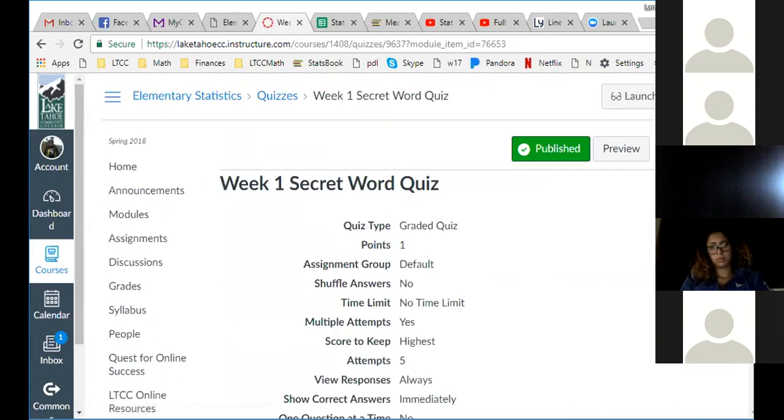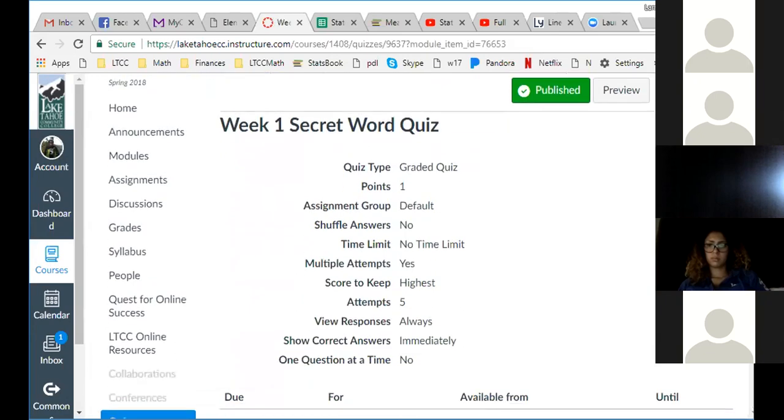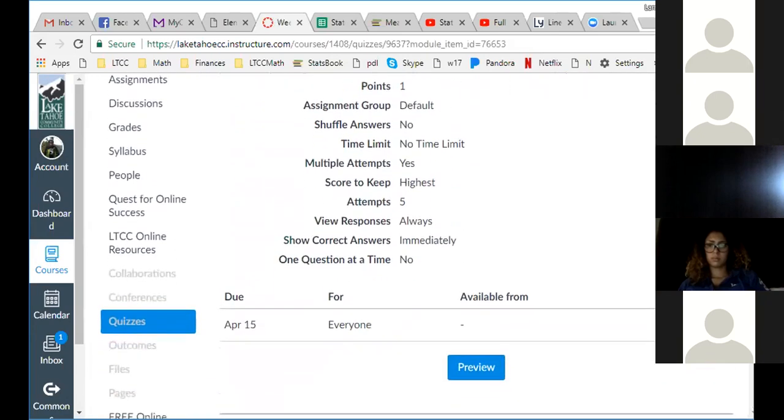Secret word quiz. You're not ready to do this one yet, but after watching Tuesday's webinar, either you're going to be there Tuesday or watch it on video, it doesn't matter. Somewhere in the webinar, I will give a secret word. It'll be really obvious. I'm going to put a box, I'm going to type in the words secret word, and give you the secret word. And then there's what's called the secret word quiz.